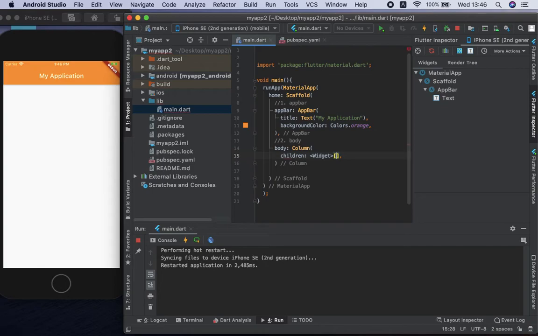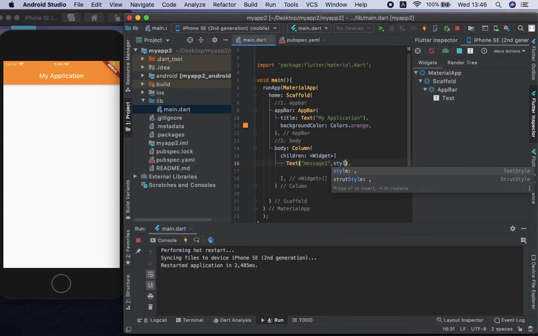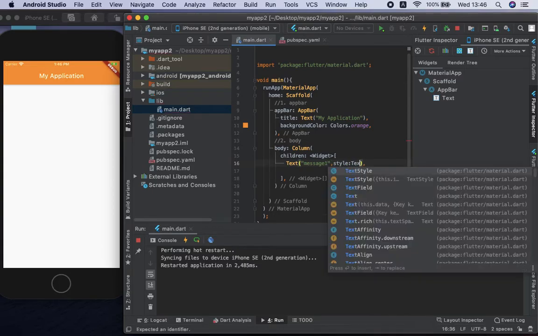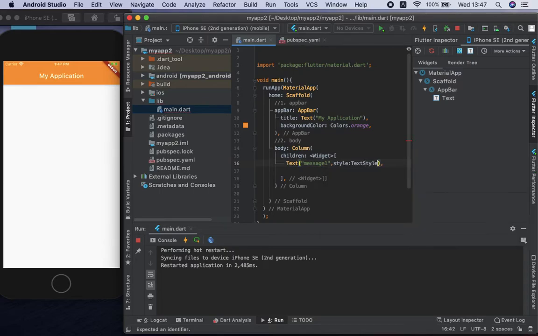All right, so whenever you type it in, the system automatically suggests that this is the case. Now you can start typing text, because we are going to apply the same style of the text. So I'm going to have, let's say, message number 1. And then for the styling, I will have text style. Okay. And this object will take,